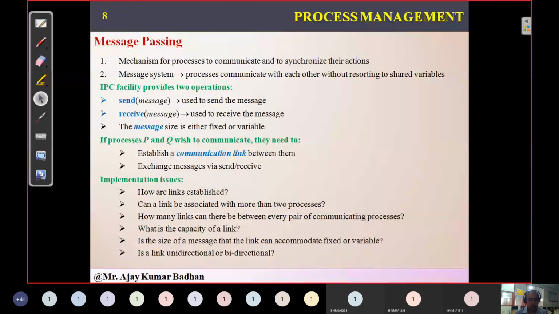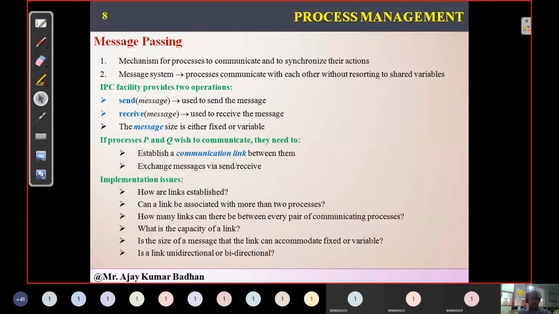But in today's world, most of the operating systems we are using use message passing. Why? Because it is very good for synchronization, and we usually transmit information in the form of bits, a very small amount of data. You know that we have distributed systems, right? Right now we are storing our information in the cloud. The cloud is not present in your system; it is present in some other location. So mostly whatever data we transmit is done using message passing, because shared memory can be used only for processes present within your system.